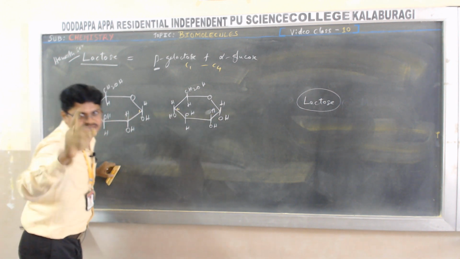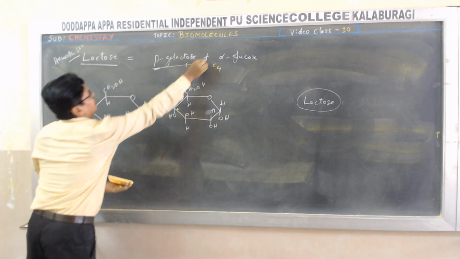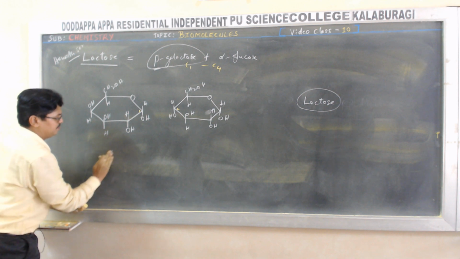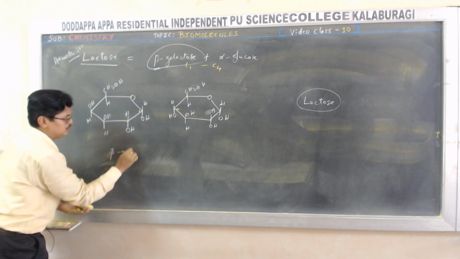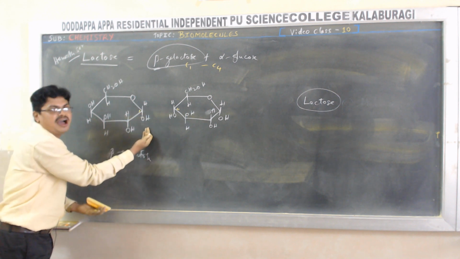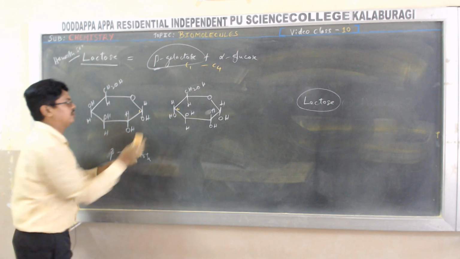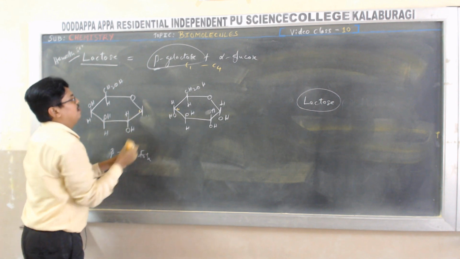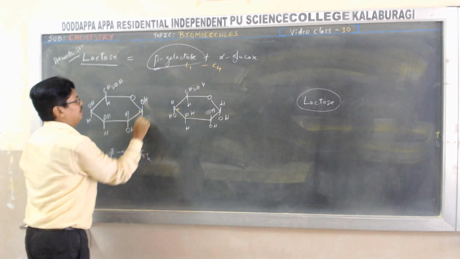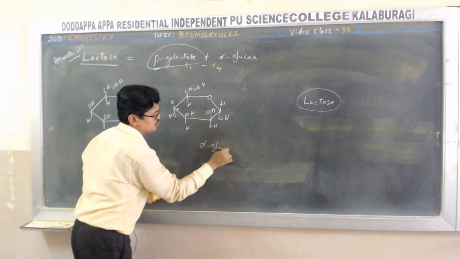See, the mistake that I made is in this galactose. This is alpha galactose. Sorry, this should be the beta galactose. But what I did in the structure was alpha, because OH is below the plane. This is the mistake that I committed there. You should write the OH group above the plane. Now it becomes beta galactose. This is correct, alpha glucose.